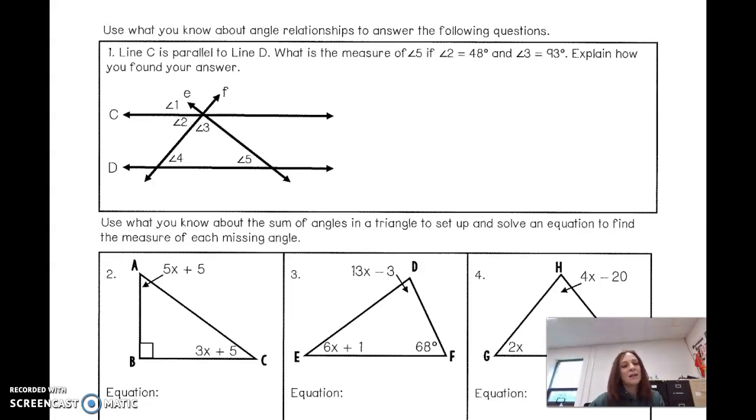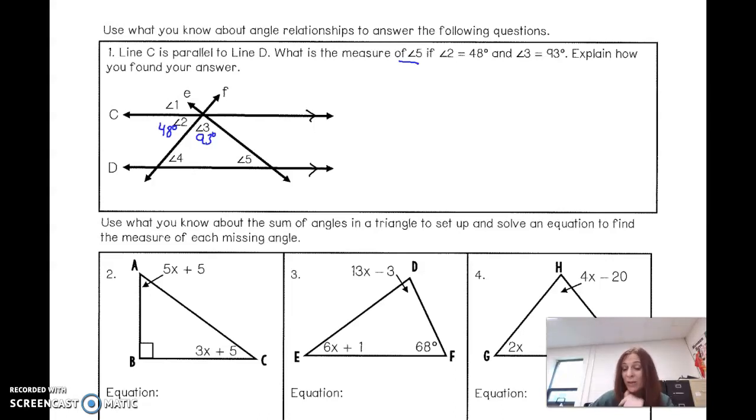Line C is parallel to line D. Okay, so they're parallel. What is the measure of angle 5 if angle 2 is 48 degrees? Angle 3 is 93 degrees. And we have to explain how we found our answer. Well,